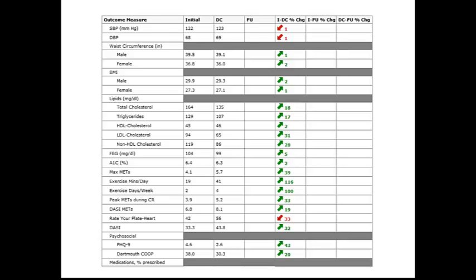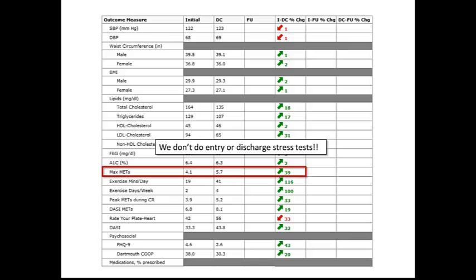And I'll just eyeball through the numbers, and just as an example, I happen to see that we've actually got values in this max METs field. And we actually don't do any entry or discharge tests, so we shouldn't have values for max METs. So here's another thing that we'll have to correct, and I'll show you how we can correct that later also.